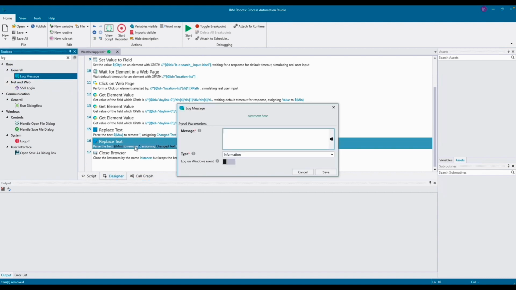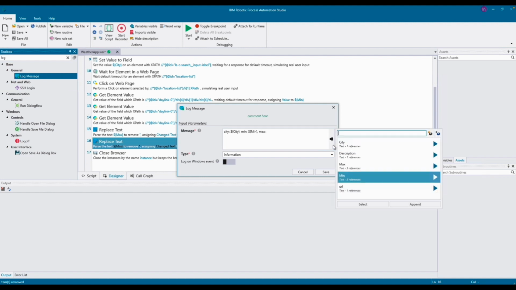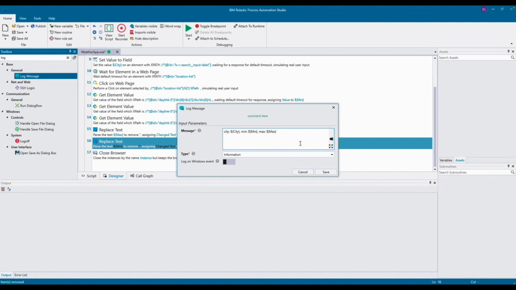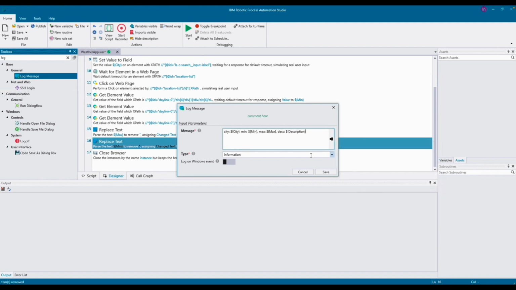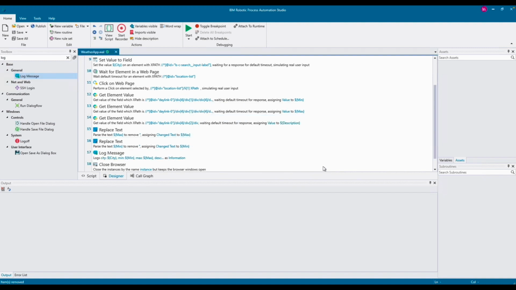If you drag a log message, it's actually very similar to what we did for the message box, but it will show in the output box instead of showing as a message pop-up light box that we saw earlier. So we put something very similar in the message like this,